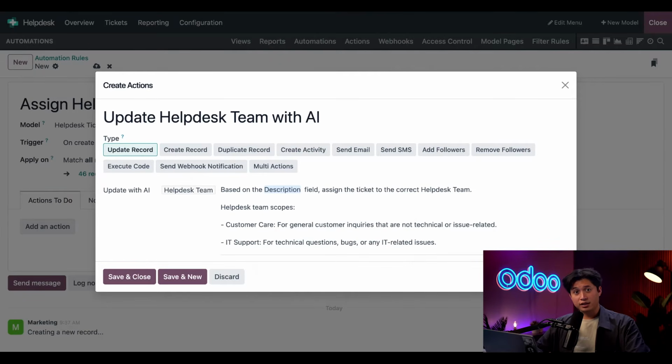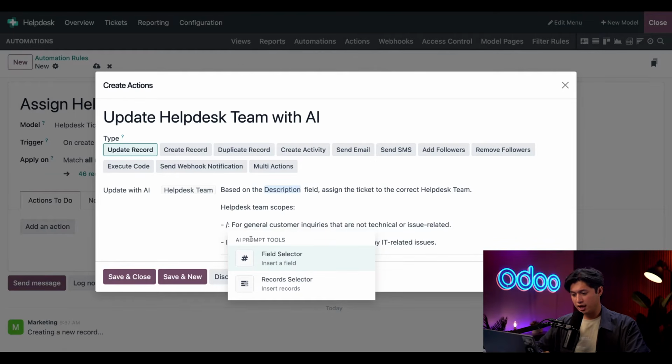This is how I tell the AI which field to use for context. Next, we need to indicate to the AI which Helpdesk team it should use to assign the tickets. So now I'm going to highlight customer care, add a slash once again, but this time I'm going to click